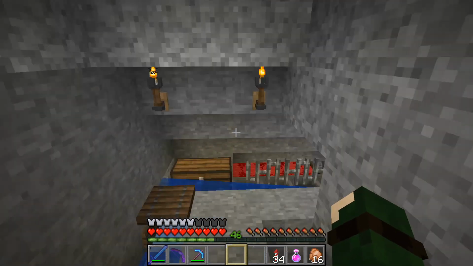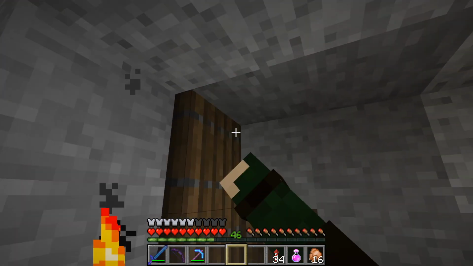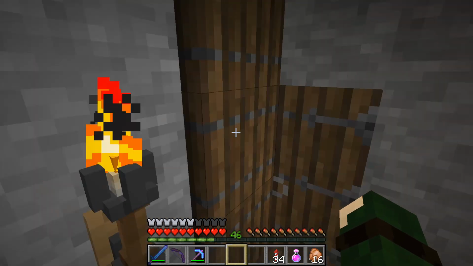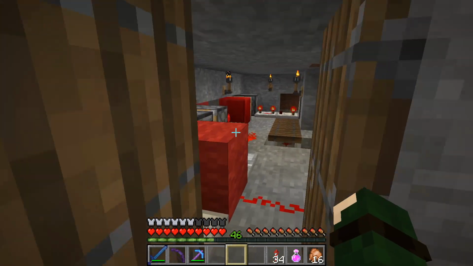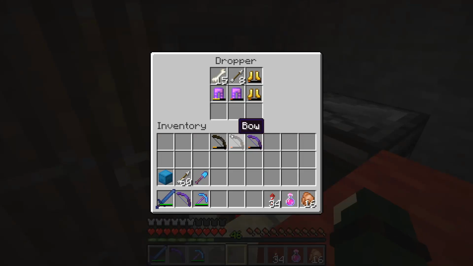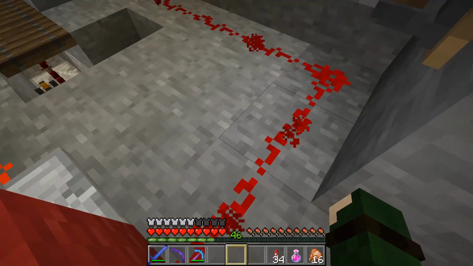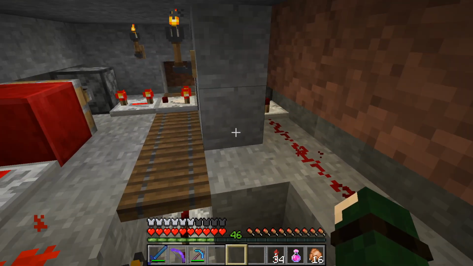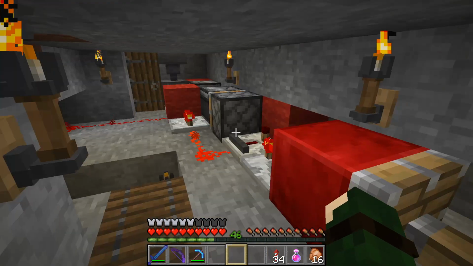It hurts. If you see here, we have a hopper minecart that gets the items underneath their feet and sends it into our system, and then it shoots it out into our sorting system from that water. But back here is the awesome stuff. So when it gets sent into this dropper right here, it fills up, and when it reaches a certain point and it reaches that repeater right there, it goes into our T flip-flop that I just built, and I'm very happy with this. It took me a while to figure out this whole system.